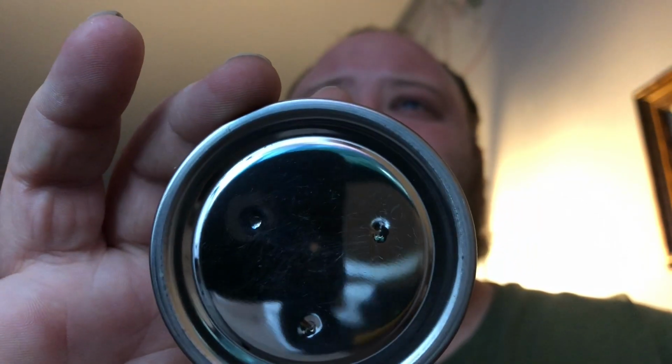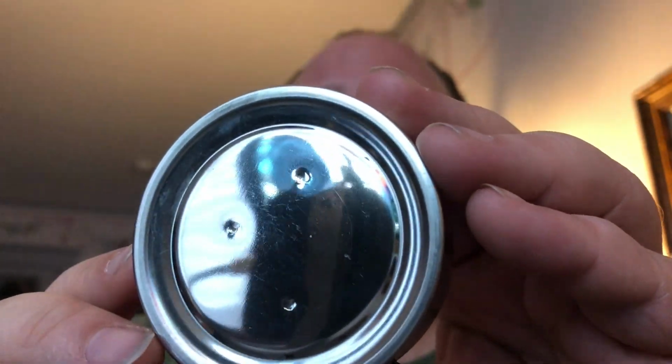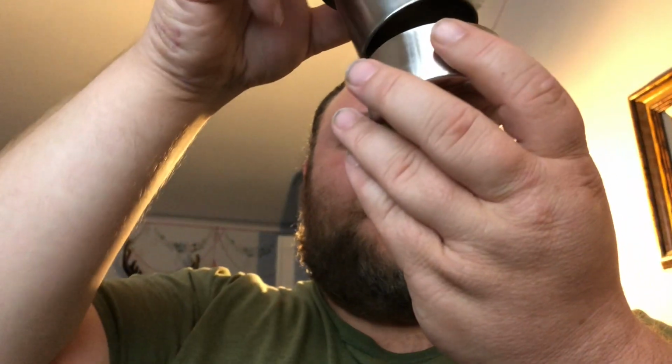Oh, that's weird. I noticed that on the top of this one, you got these 3 impressions in the shape of a triangle. And on this one, it also has those 3 impressions, but they're in a different spot. See that? I wonder what that's about. Okay. This one's cleaner. See? A little bit. There's still a little bit of shit in there. And then when you're done,